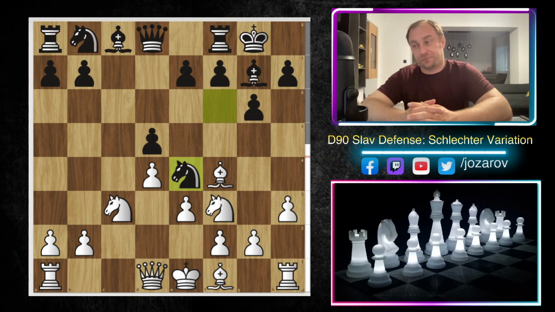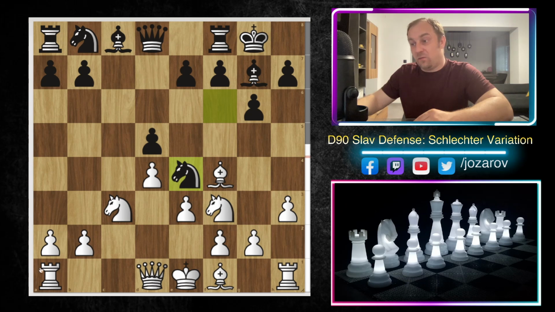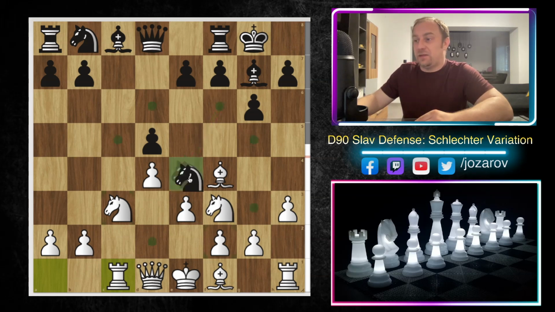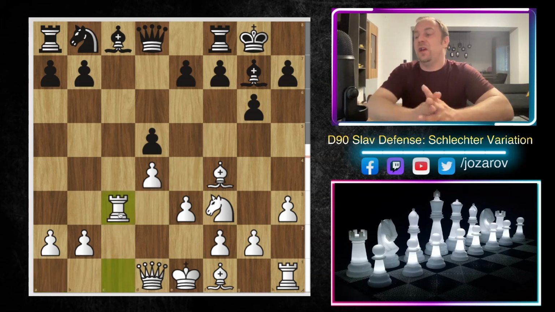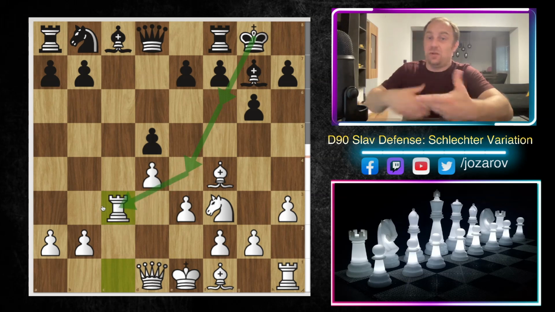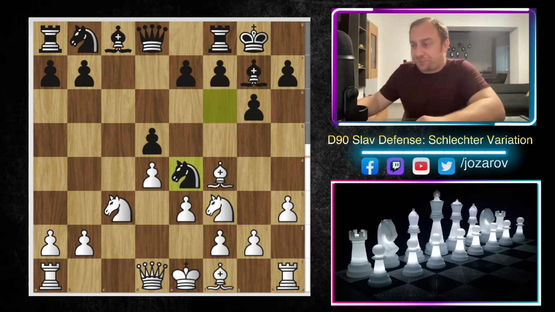That's, I think, a great opportunity here for black, because the pawn structure gets really dynamic, and I think here it's a common mistake that white can make in the continuation of the game. Here white took simply knight takes e4, which wasn't the best of moves. I think here simply rook to c1 is much better. We're waiting for black to take, because now if black takes on c3, then after rook takes c3, we can say that black has played now many times with the same knights. First, of course, knight to f6, then knight to e4, then the third time just in order to trade off one knight. It's not good, of course,